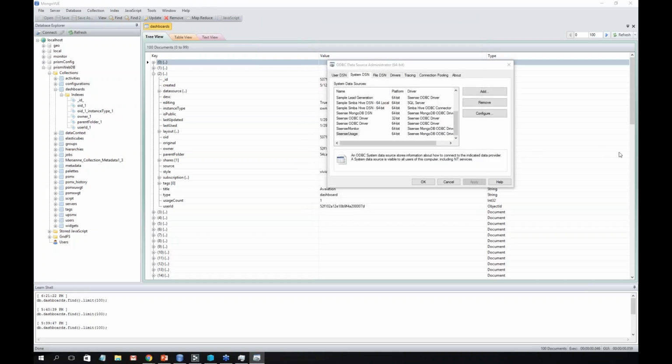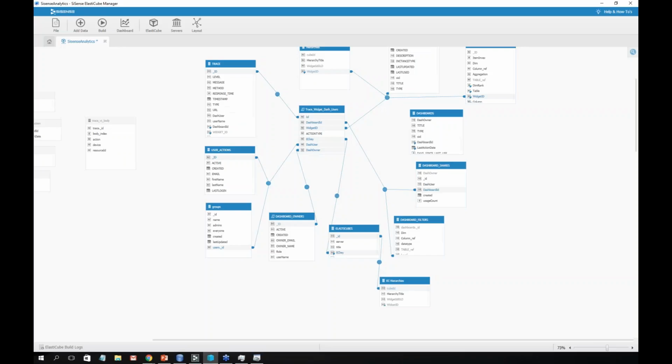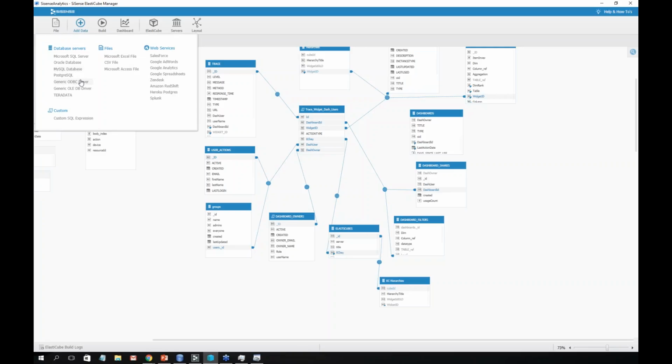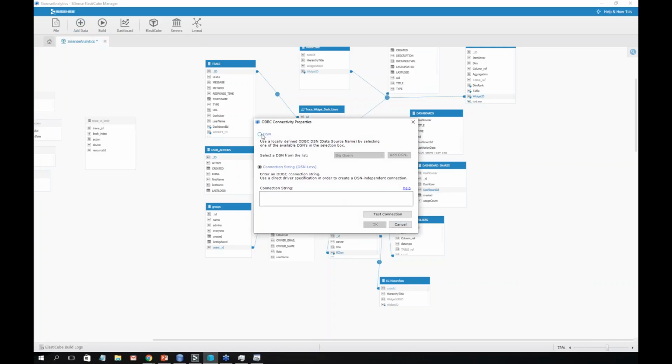Now, once you've initiated this connection to MongoDB, any end user can come into a very visual environment and connect to that data. This is an example of a model that we've built using MongoDB and Sisense, along with various other data sources. Now, to connect to an underlying data source, in this case, because it's an ODBC driver, we can simply select that as an option,